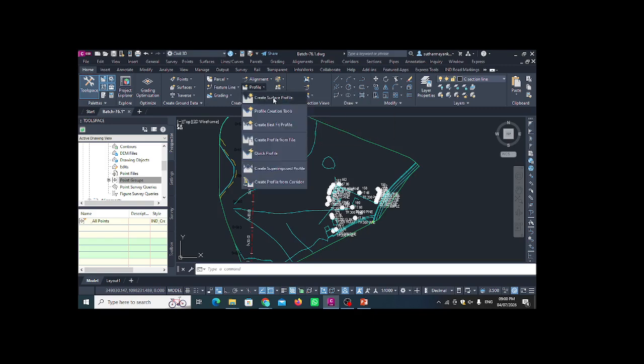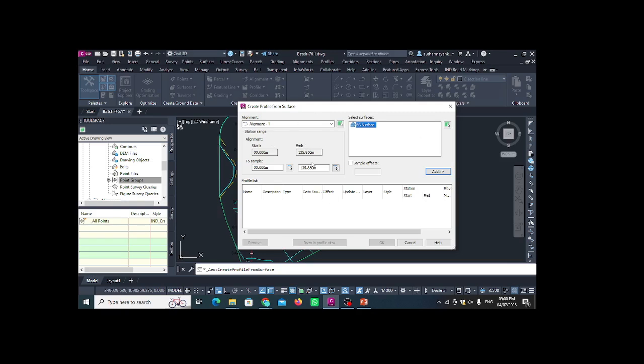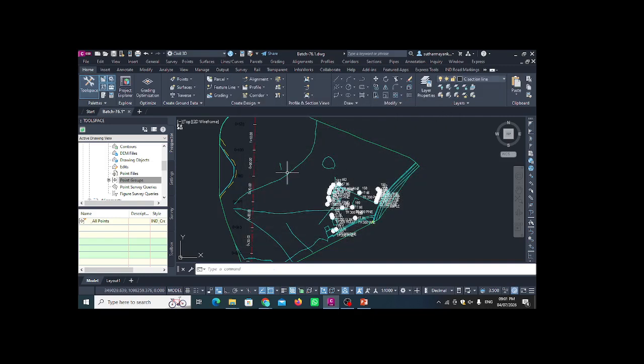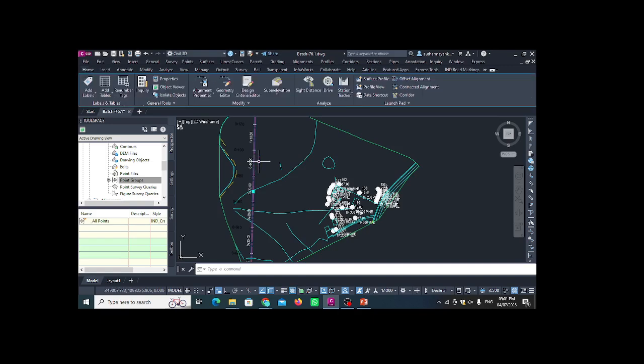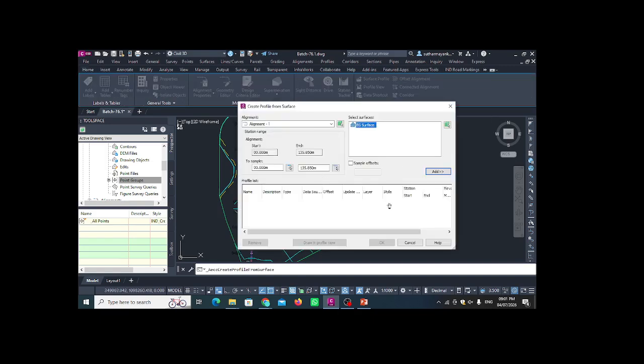We create the surface profile first. This is the first thing. You can come here into the create profile from surface tab. Either you select the alignment, or you can come here to the surface profile and select it from here. You can see the same part here. Now here you have to select the alignment. As we have only one alignment,